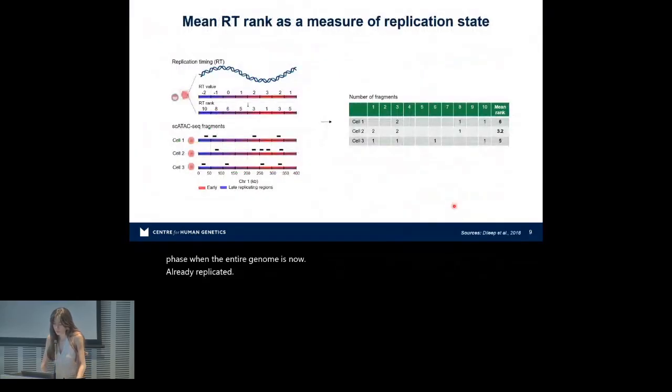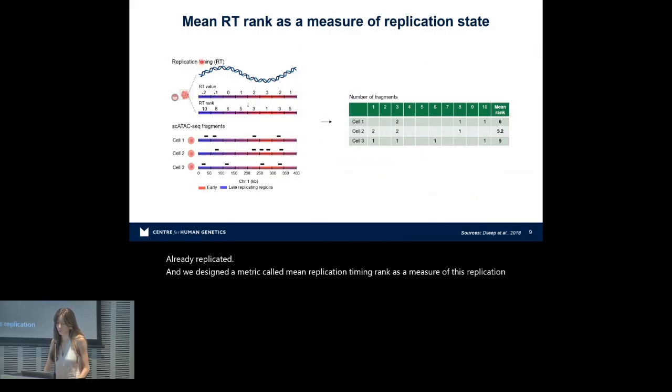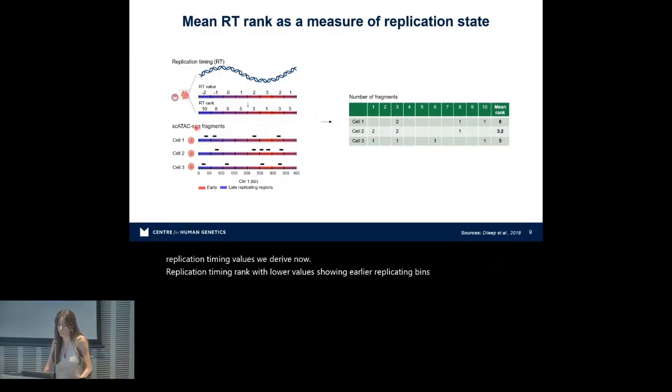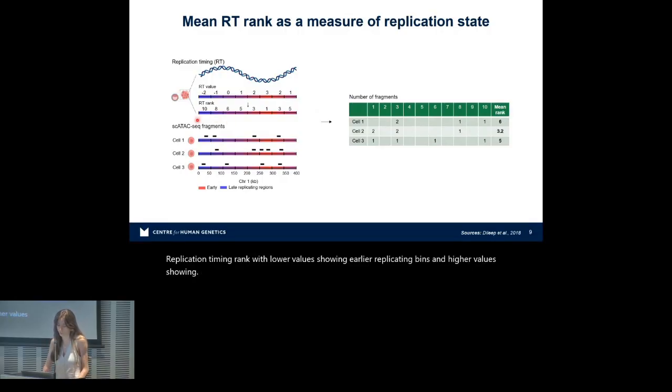And we designed a metric called mean replication timing rank as a measure of this replication state. Here we used matched replication timing data from mouse embryonic stem cells, showing how early each 50 kb bin of the mouse genome replicates. From these replication timing values, we derive the replication timing rank, with lower values showing earlier replicating bins